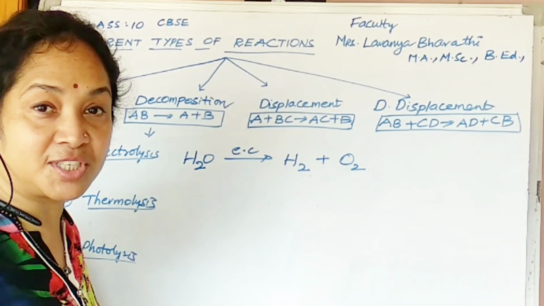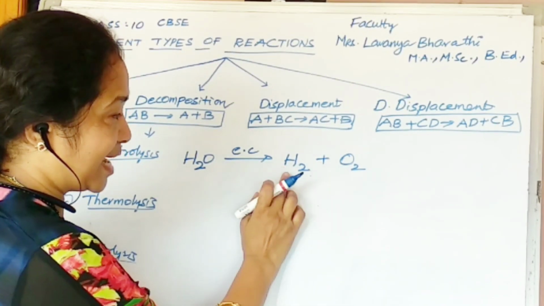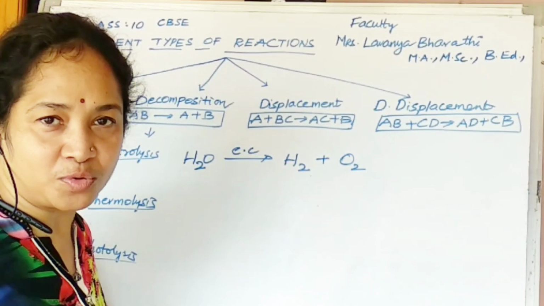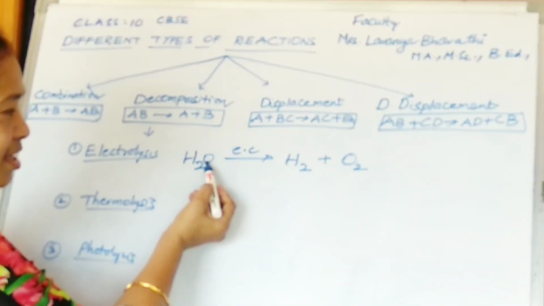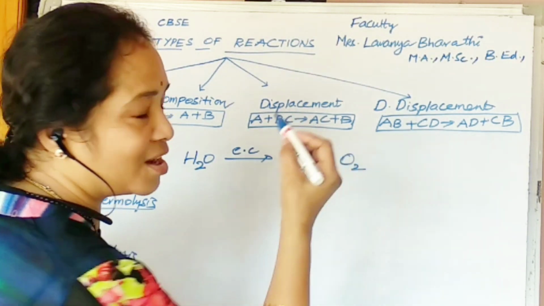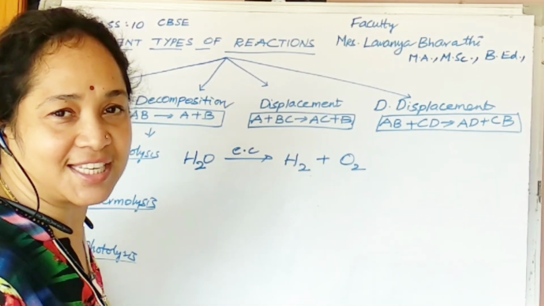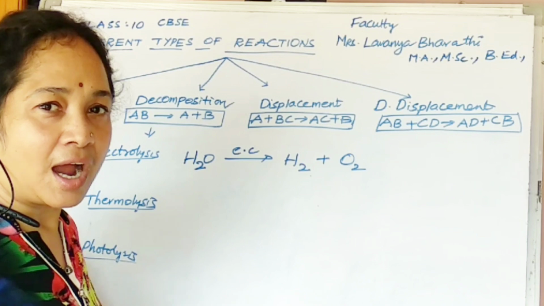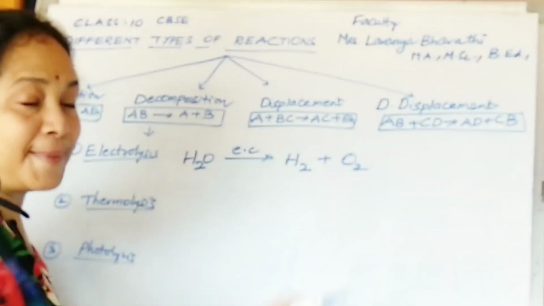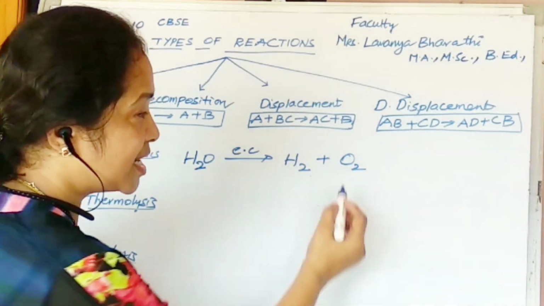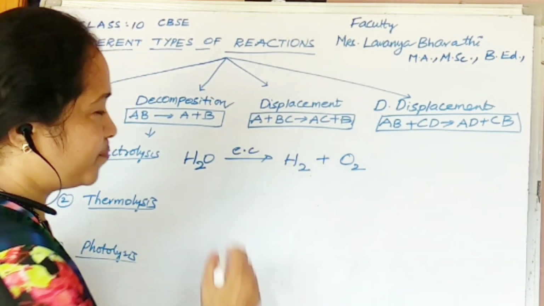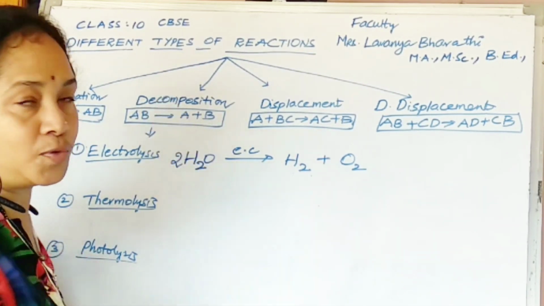But here you will observe, I have represented hydrogen gas as H2 and oxygen gas as O2. But in this case, there is only one oxygen atom on the reactant side but 2 oxygen atoms on the product side. So we need to balance. How do we balance? Let us focus on hydrogens. They are balanced. But what about oxygens? There are 2 oxygen atoms on the product side. So I have to put 2 here.